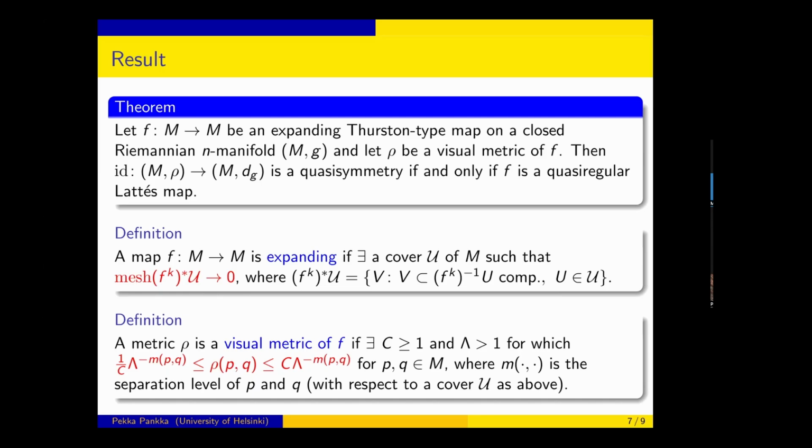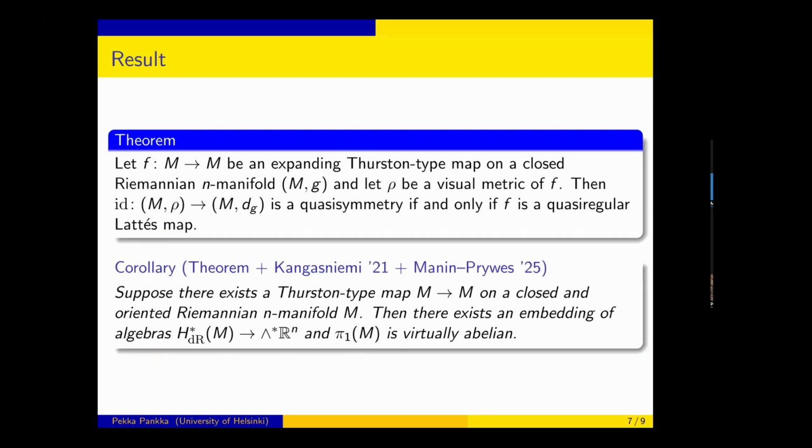But there is something that I didn't mention, because in the two-dimensional theorem we had the two-sphere, and I said that the theorem becomes interesting when you are on a two-sphere. Now we have a general closed Riemannian manifold, and you may get the feeling that perhaps this is not the right class. How general is this class? Just as a side remark, if you take this theorem and combine it with the cohomology embedding result of Kangasniemi from 21, and then combine that with the recent result of Manin and Prives, you get that the class of manifolds which support,